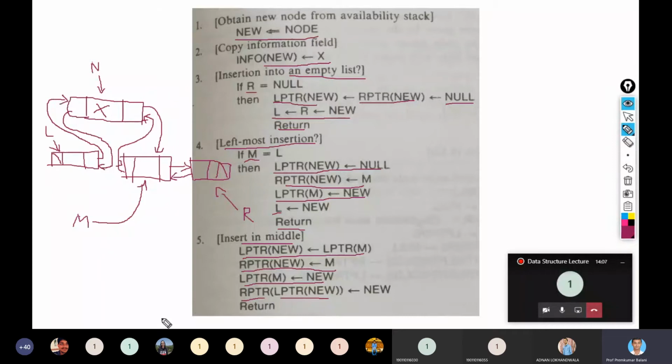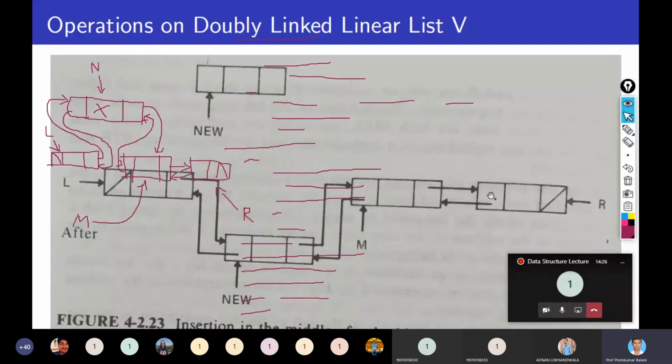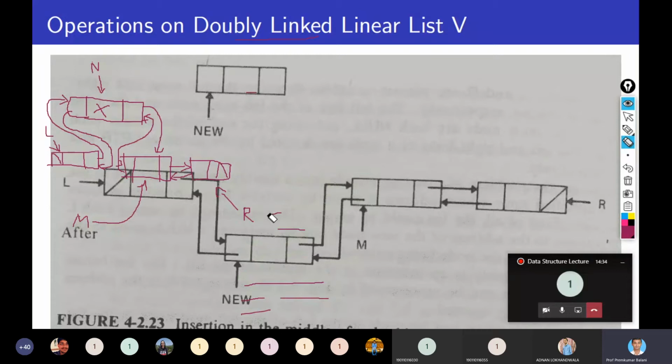Have you got this? Any questions? So you see now this algorithm is inserted here in between these two nodes, as written in the algorithm. So have you understood this? Any questions? If you see on the next, we are doing the same thing, right? Look, we have achieved this, right? This drawn figure is also same as this. Have you understood? Any questions?